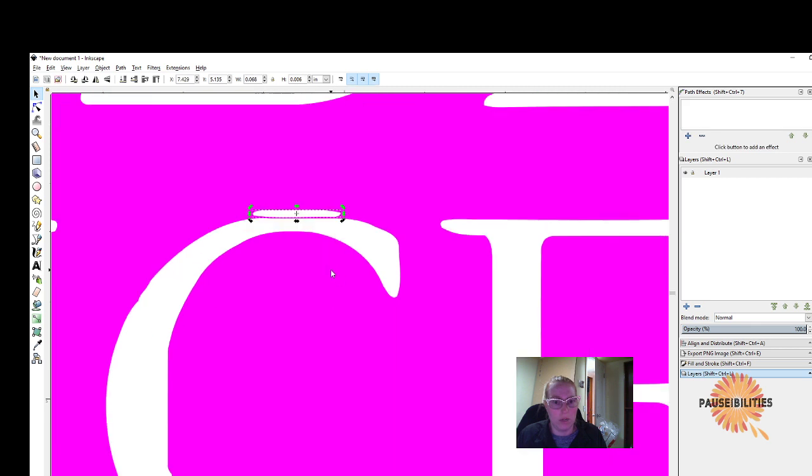Not sure what's going on here. So, we could union this together and round it out, or we can just delete that piece and go in and fix our C here with our nodes. So I can just bring our nodes up just a little bit to get that rounding. And if I click between the line and I round the line itself,